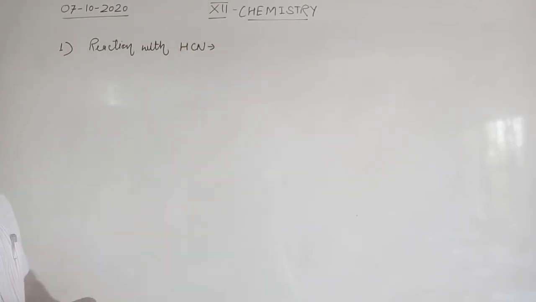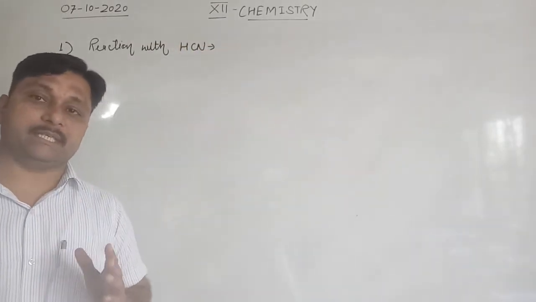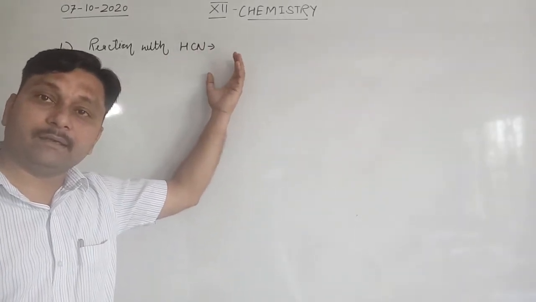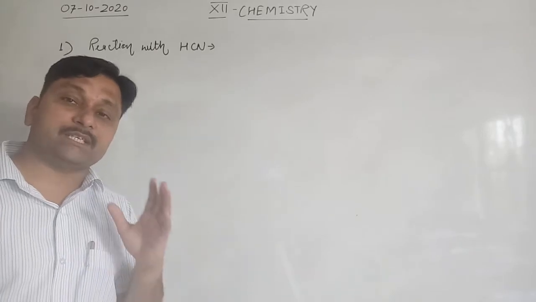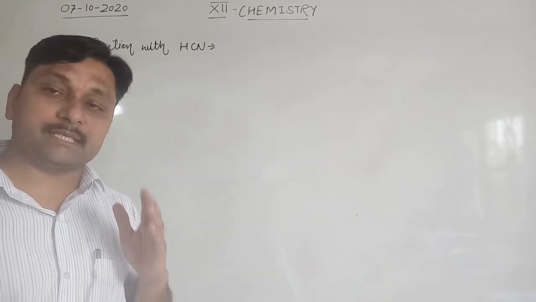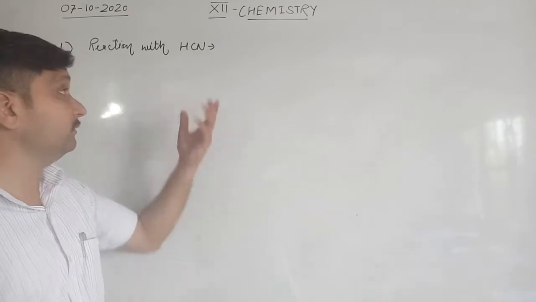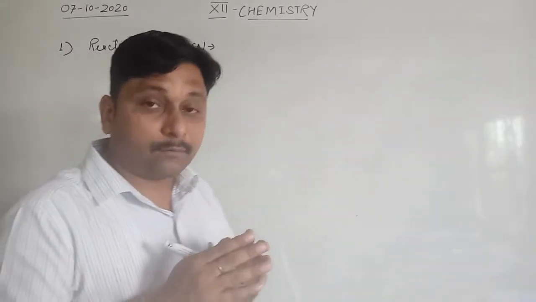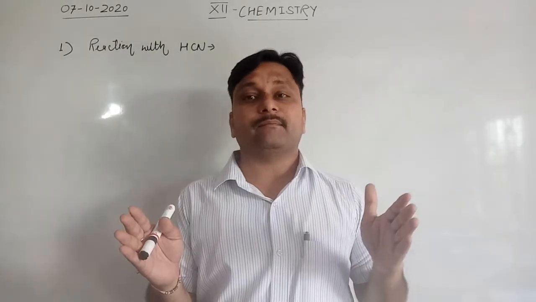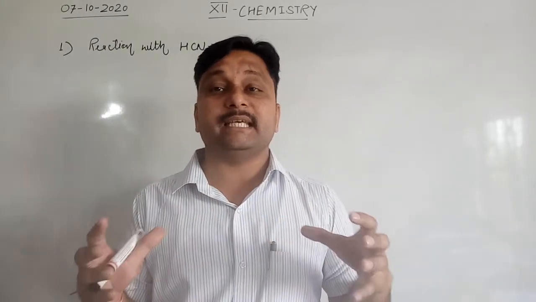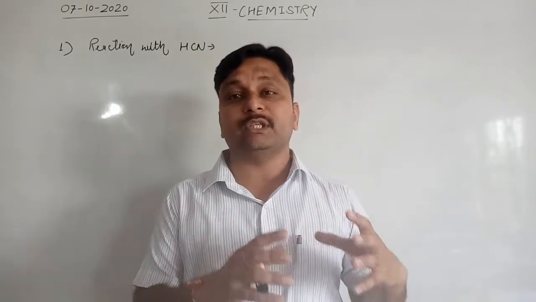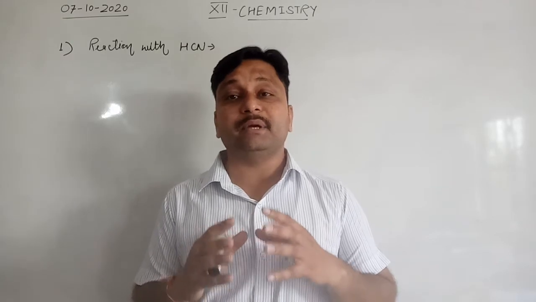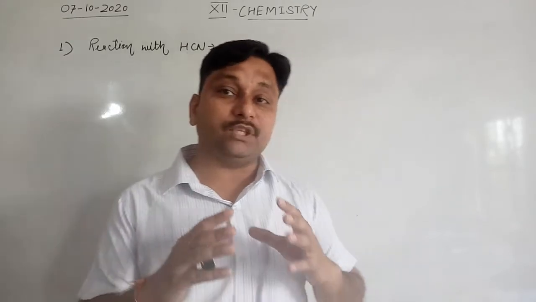The first topic, according to NCERT or CBSE, is reaction with HCN, hydrogen cyanide. We know that HCN is a weak nucleophile, meaning cyanide is a weak nucleophile when it is combined with H. So firstly, for the ionization of HCN into cyanide ion and hydrogen ion, we use here an alkali, or a base, that is OH negative ion. So in the presence of the OH ion,